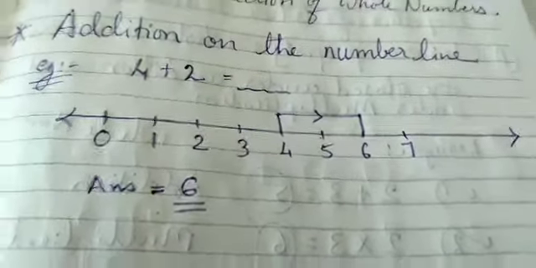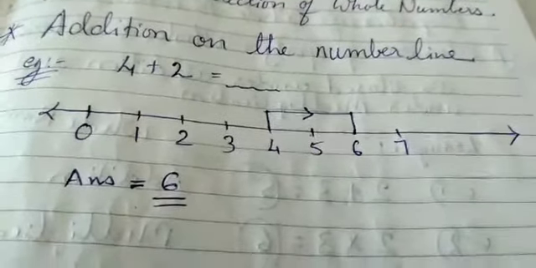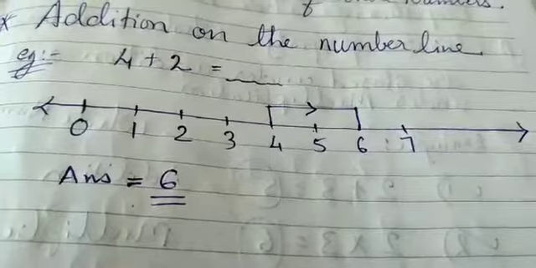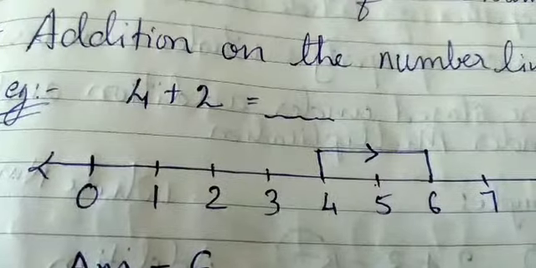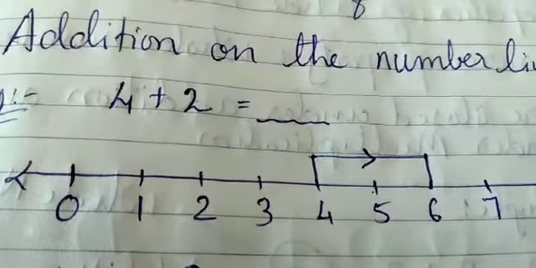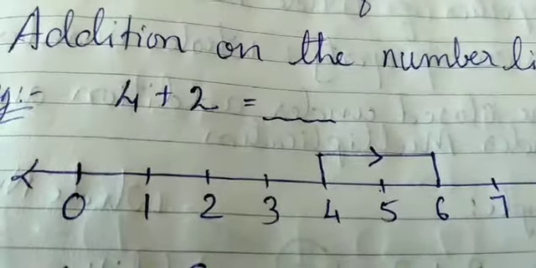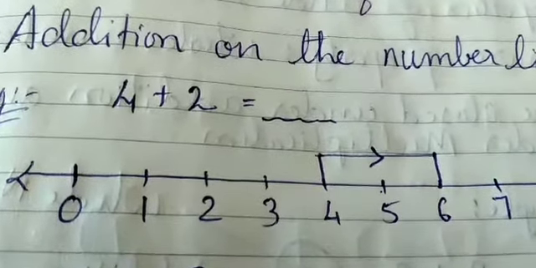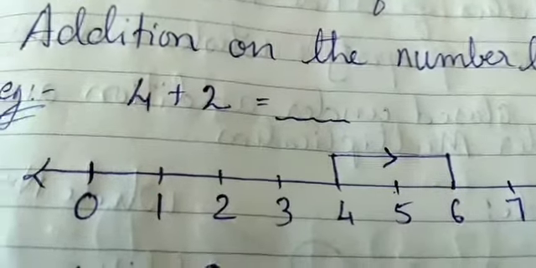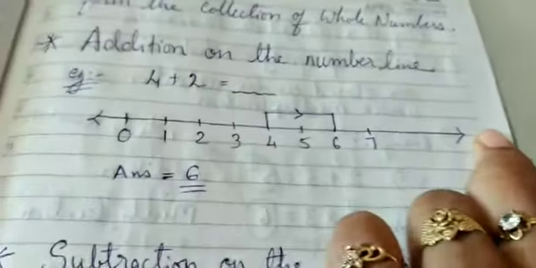So let's start. For drawing or adding numbers with the help of number line, you have to keep certain things in mind. Okay. First you have to look at the operation and the 2 numbers given. Right. Here you have 4 and 2. Right? And what is the operation given between 4 and 2? The operator is plus sign. That means you have to add 2 whole numbers. So for doing that, you will first simply draw a straight line. Right?